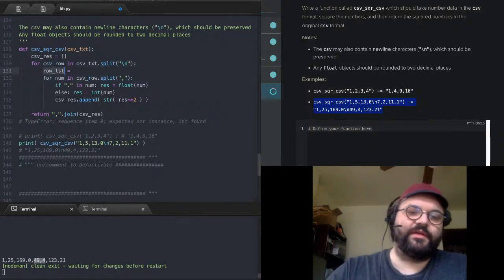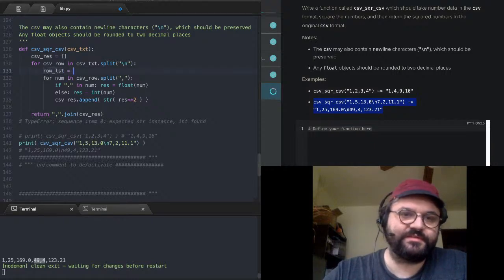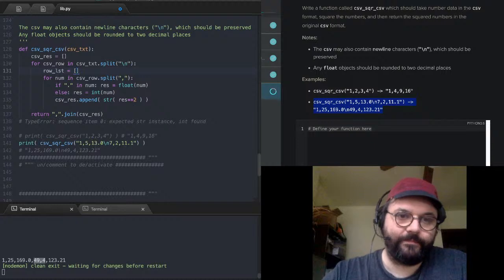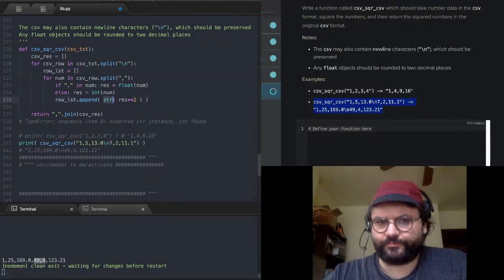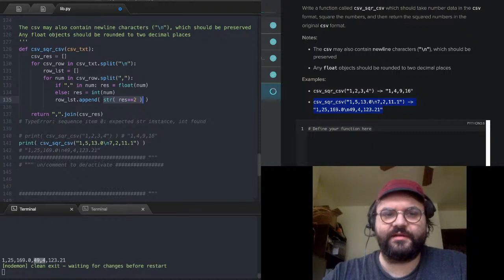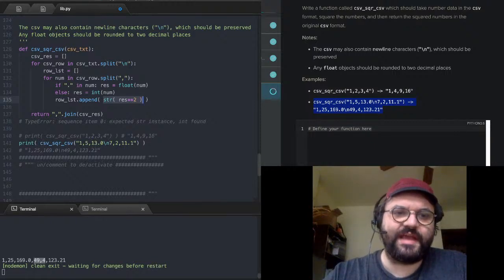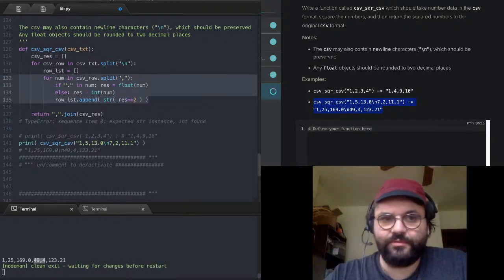So, and then row list will be an empty list. We'll append the actual numeric elements, again casting them as strings, we'll append that to row list, and then every time we make it through all the elements in the row,